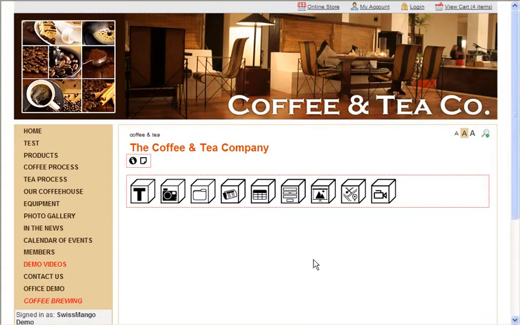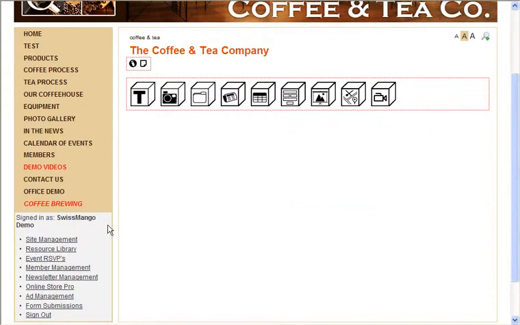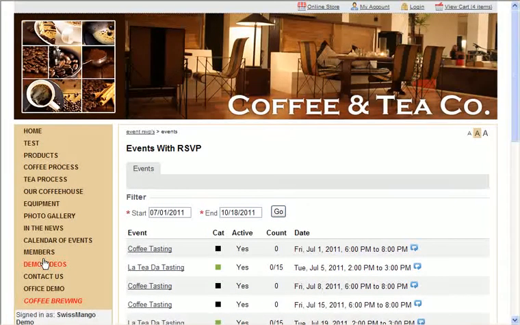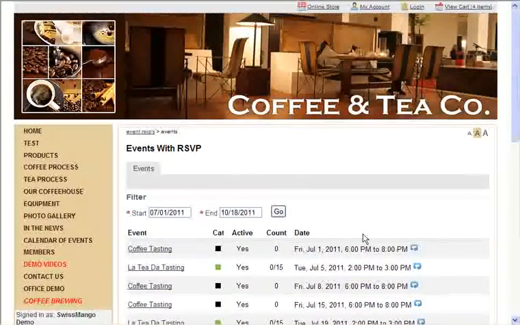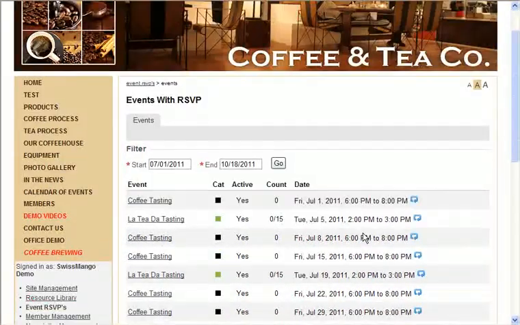Let's take a look at how to manage our events RSVP. If we scroll down, on the left-hand side we have an Events RSVP tab in our management area. By clicking on Events RSVP, it takes us to the Events RSVP management panel. This is where we can manage all the different events that I have set up for my